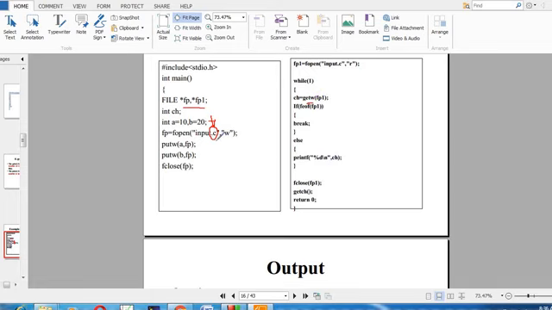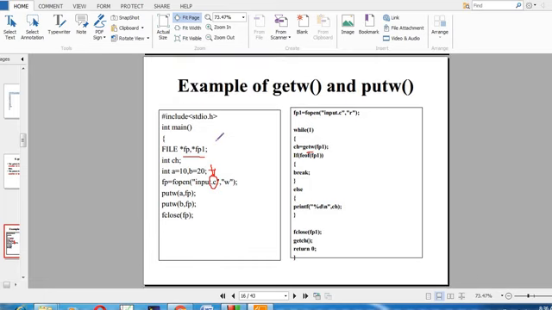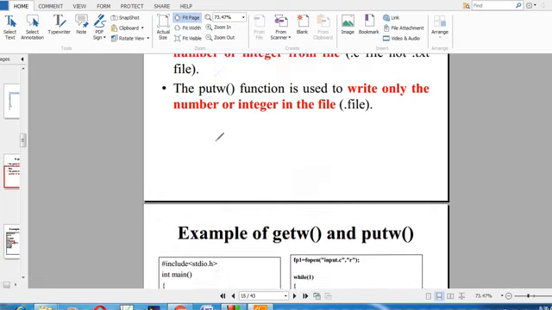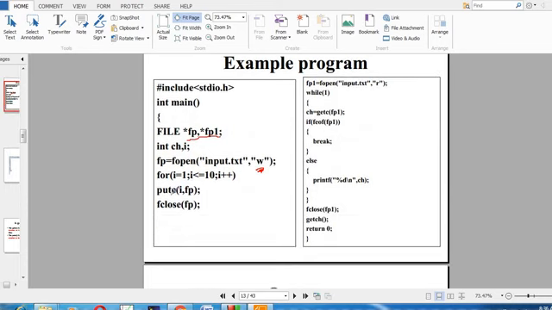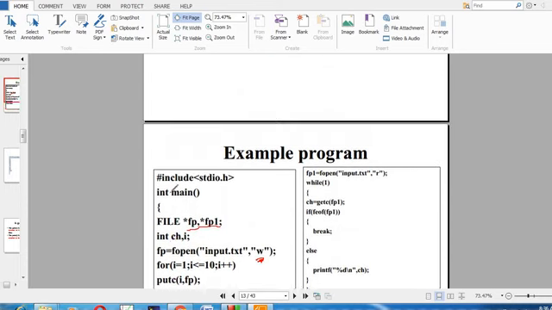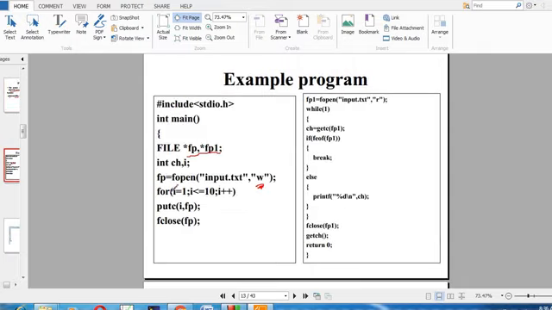So actually don't get confused. We can use this example. The getC and putC functions support both integer and character. Here I have used integer.